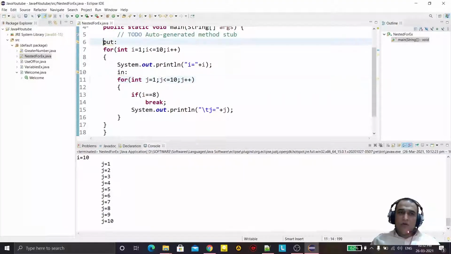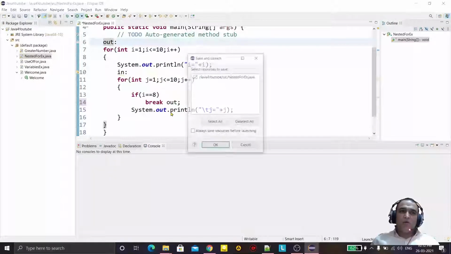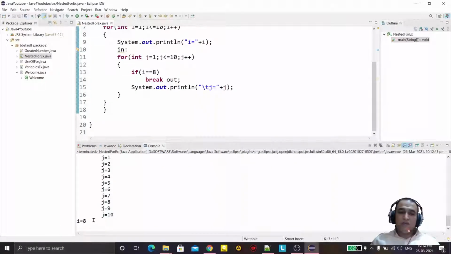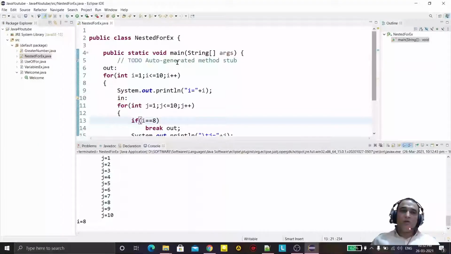But if I want to get out from the outer loop also, or we have more than 2 or 3 for loops, we can use the labeling concept and say break out from the outer loop. So it will exit automatically from the outer loop also. After the 8 there is no execution because we have exited from the outer loop also.